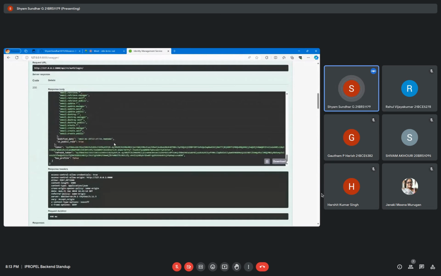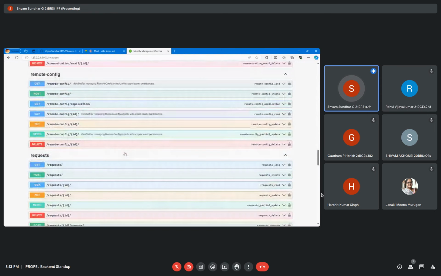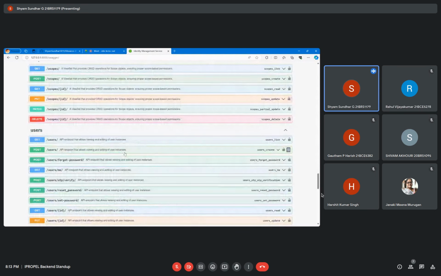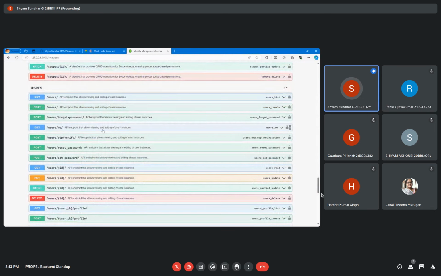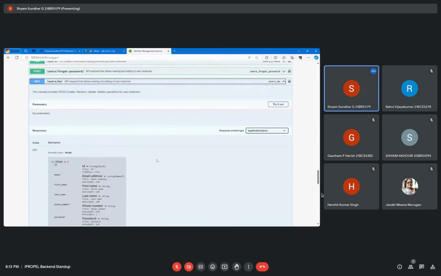Let me illustrate the token based authentication right now. Let me grab this token. What I will do is I will create a profile for this particular user. So I will go to the same user API, which is having users slash. Let me take the me endpoint itself. Let me just try it out. This me endpoint will